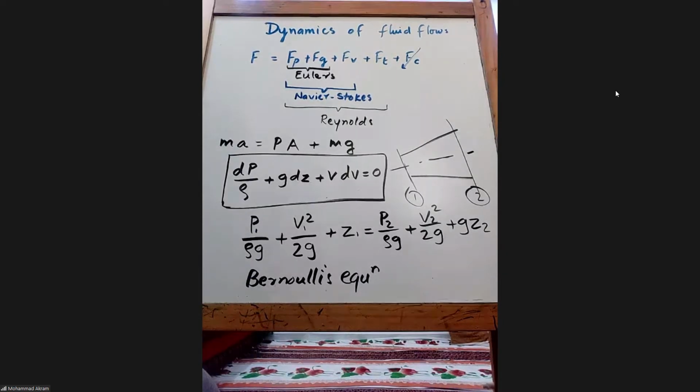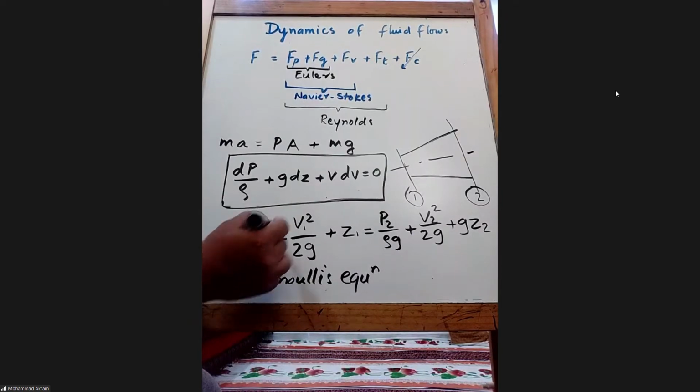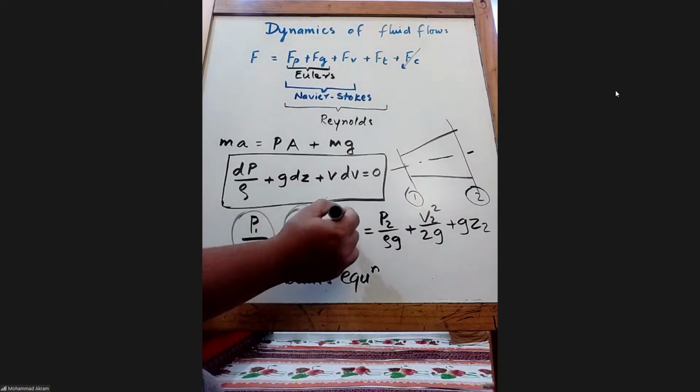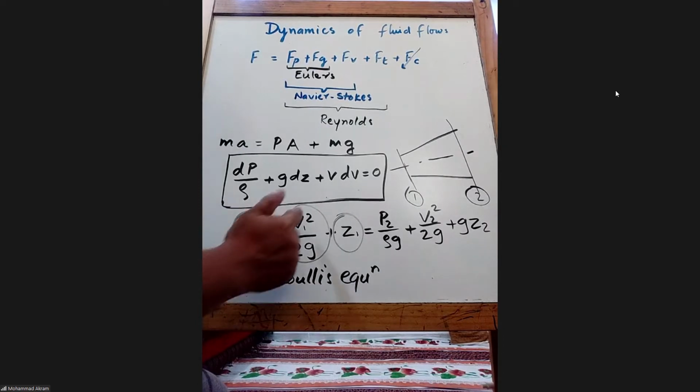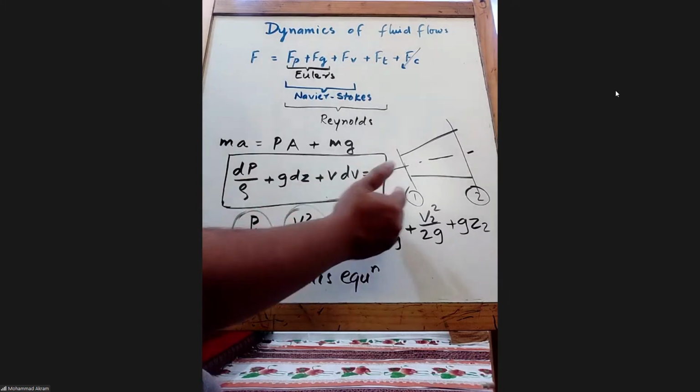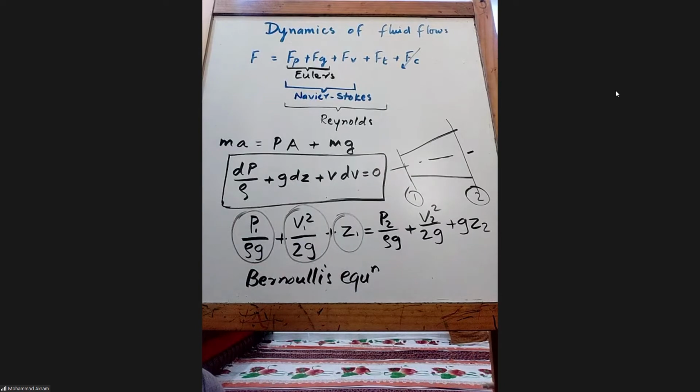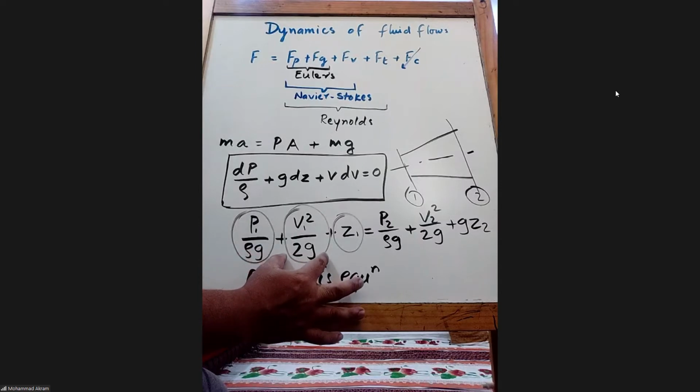Now, what is each term? This term is related to the pressure, this term is related to the kinetic energy, and this is related to the potential or datum energy. It is written in the form P by rho G. If you see, everywhere the unit will come in meters. What is pressure? Pressure is Newton per meter square, this is kg per meter cube, and this is meter per second square. If you write and cancel, you will find that the unit is meters. Here also meters, here also meters.